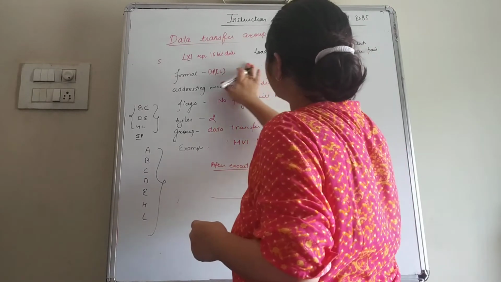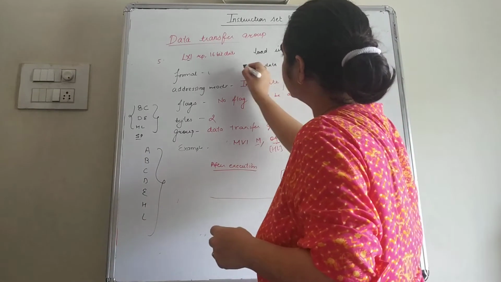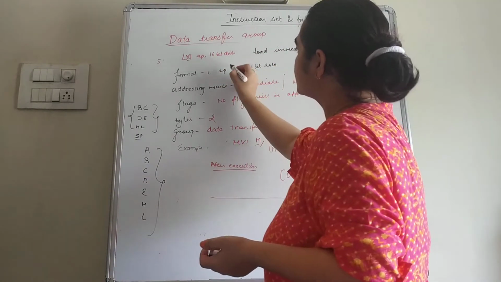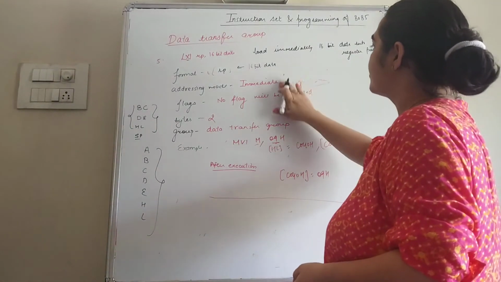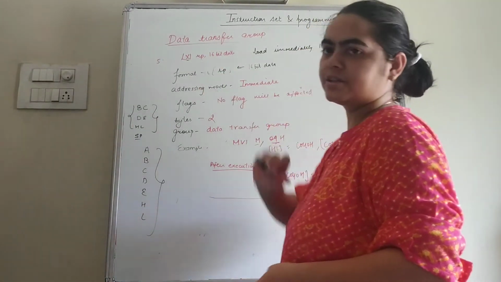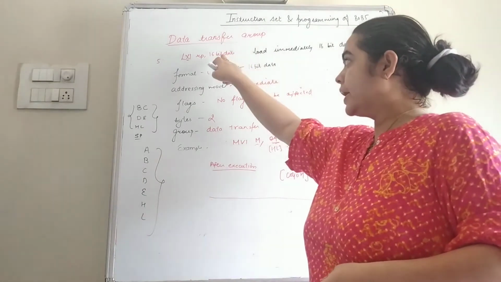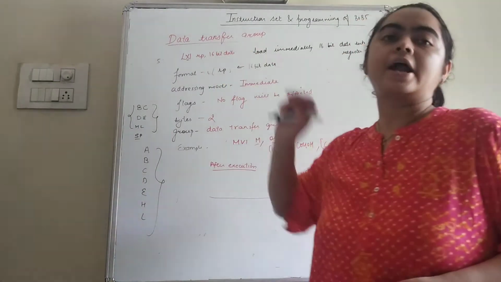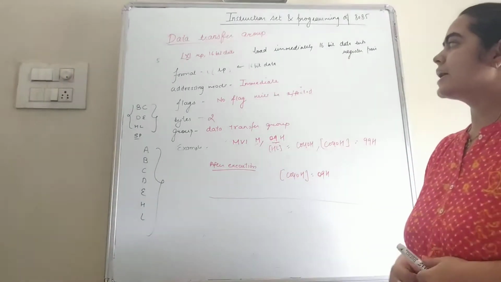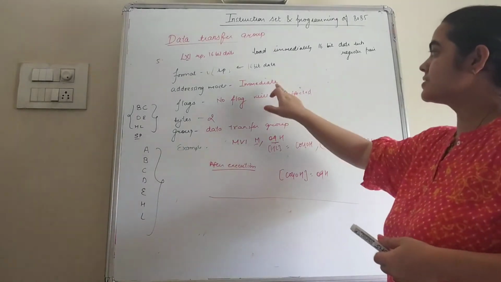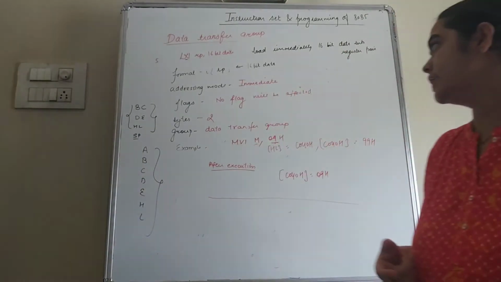Next is format. So format for this instruction is 16-bit data that we can transfer into the register pair. So register pair is either BC, DE, or HL. Next one is the addressing mode. So students, when I is given in the instruction, that means that instruction is the immediate instruction. And also the second hint for this instruction is the 16-bit data or the 16-bit address is given. So if the data and address is given, that means that instruction is the immediate addressing mode. So here if I is given, you have to write immediate addressing mode.